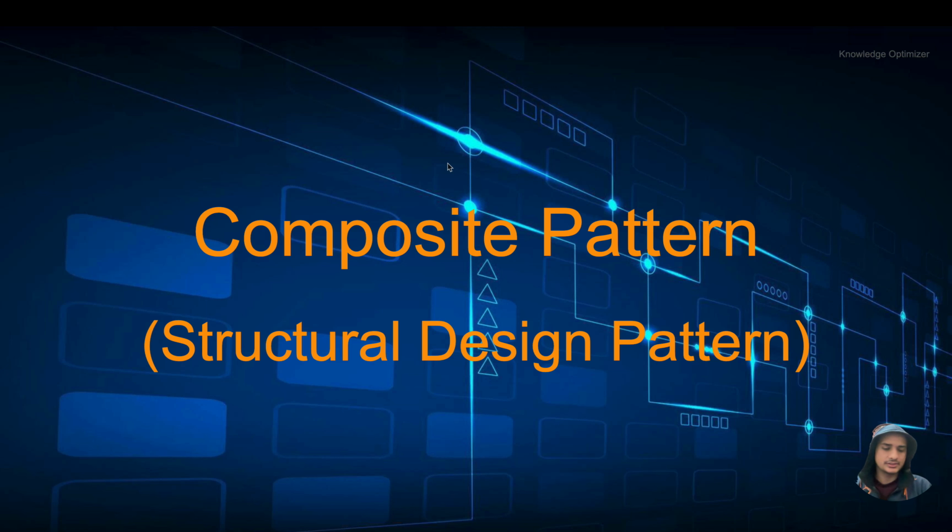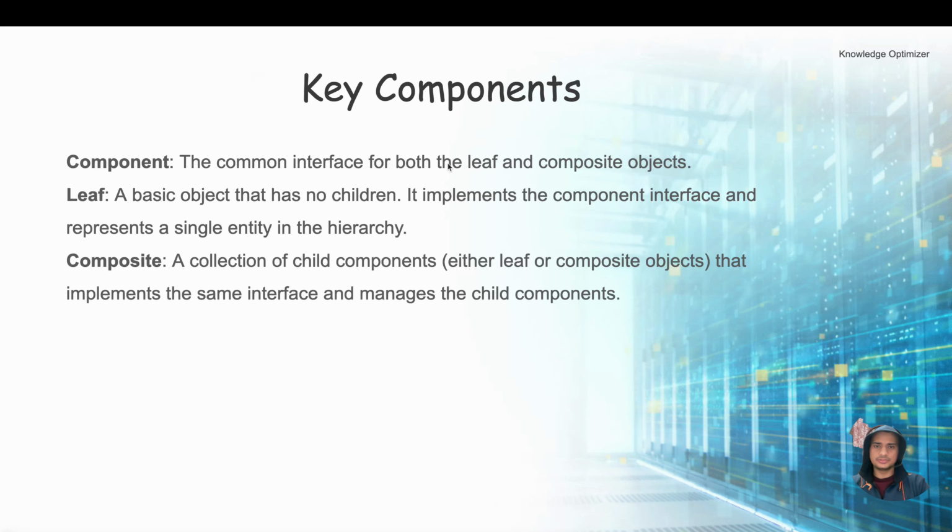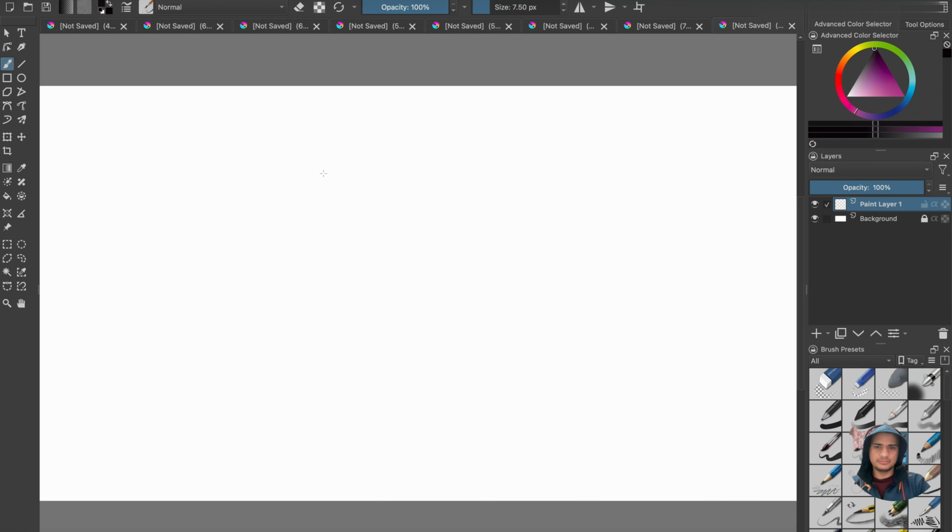So it is again a structural design pattern. From the name you can see what we are doing is just composing objects, basically putting them together. What this pattern allows is that it lets you treat a single object and a group of objects in the same way. The main crux of it lies in how you are reading the data. It is going to read the data recursively. There would be a single interface that both a group of objects and a particular object would inherit from. To give you an example,